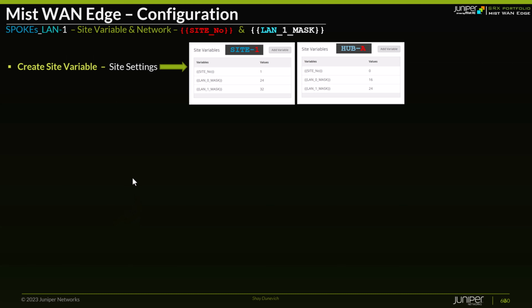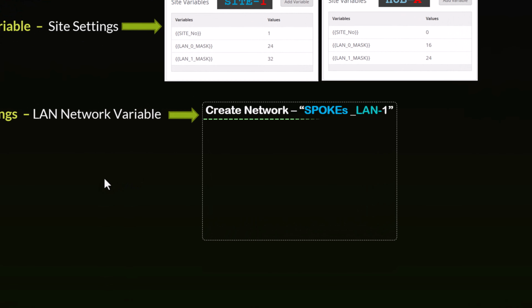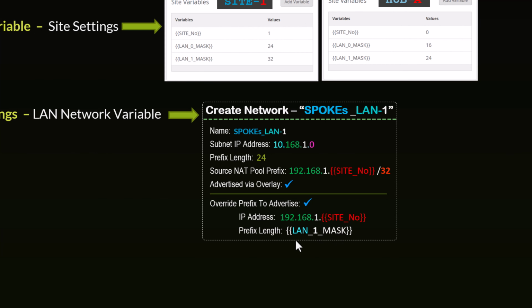Okay, so next we're gonna create this spokes LAN 1 network that is gonna apply to all spokes, and the configuration that we need to provide is gonna be the following. The name is gonna be LAN 1, and the IP address of that network is gonna be 10.168.1.0/24. And we would need to configure, as discussed, the source NAT pool prefix, which we want to source NAT it to 192.168.1 the site number. This is why we're using the variable, and we'll click on advertise to overlay, meaning this network we would want